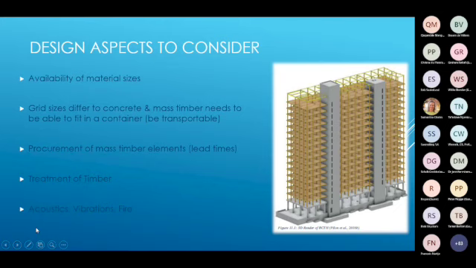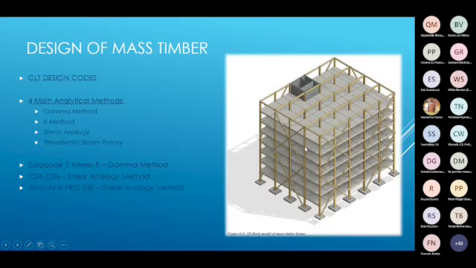So some design aspects to consider. Apart from the code, the next thing to consider was what material sizes were available in SA. Before I go on, the building on the right isn't the building which I designed. That is just the Brox Commons building. It just shows you a different structural system which can be used. If I go back to the previous slide, you'll see,